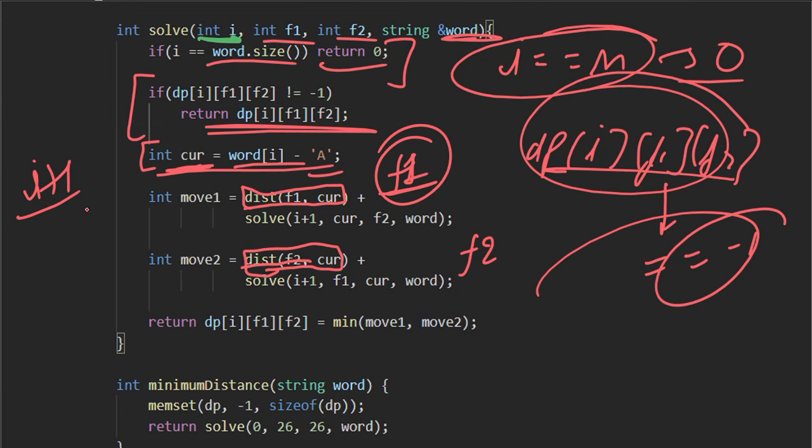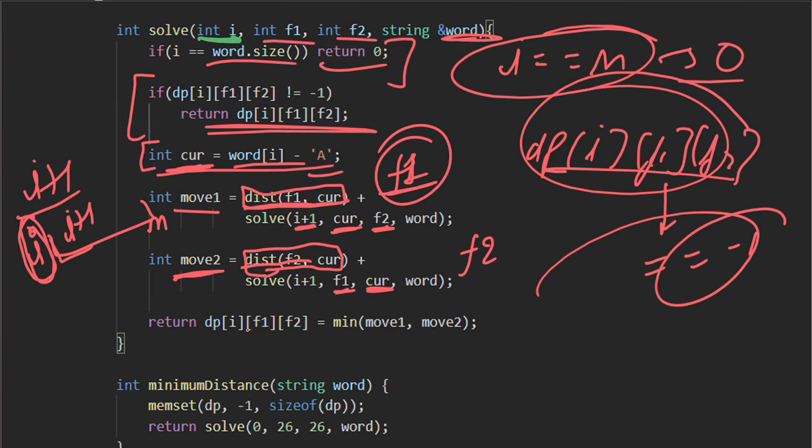To find the cost of typing all the characters from I to n, we need the cost to type the ith character, which is this distance. Then to find the rest, we call the function from I plus 1, where f1 is at current and f2 is still at the same position. But if we use finger 2, then f1 is still at the same position and f2 moves to the current position. So we get the two costs.